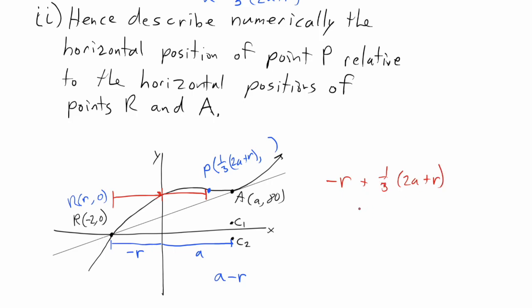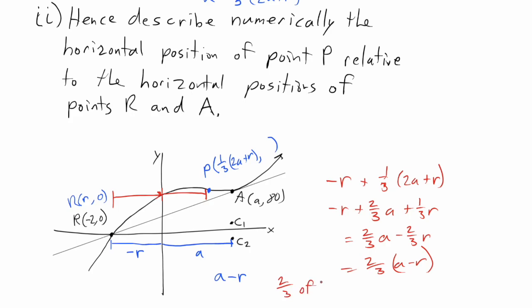And if you simplify that, that's going to be -r plus 2/3 a plus 1/3 r, which is 2/3 a minus 2/3 r, which equals 2/3 (a minus r). So the correct answer to this question is 2/3 of the distance